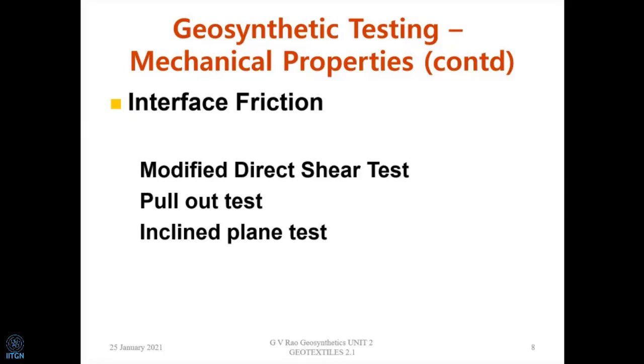The other test is that one group of people felt that in one modified direct shear test, there is a box which is filled and made into an inactive kind of thing. Over that, the geosynthetic is placed, and then over that, the second half of the box is placed, and then one is moving with this other one. That means the geosynthetic actually is kind of static, and the soil is moving over it. They said it's not going to happen in the field. In the field, what may happen is that the geosynthetic may be pulled out. So to represent this case, there is another way of testing we have done that is called a pull-out test. So today, of course, we need both of them because of the way in which the geosynthetic behaves in a reinforced soil structure, we need both these values.